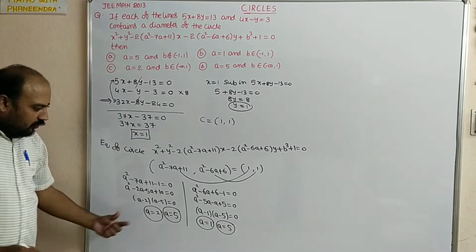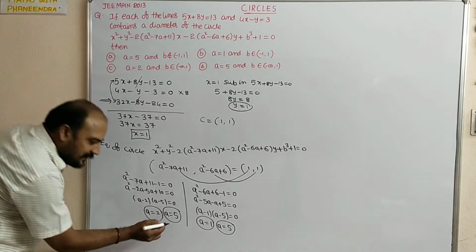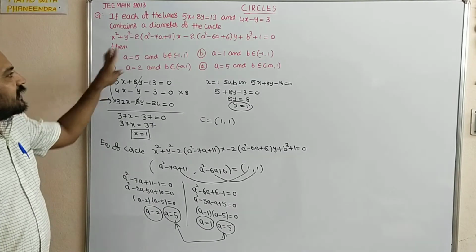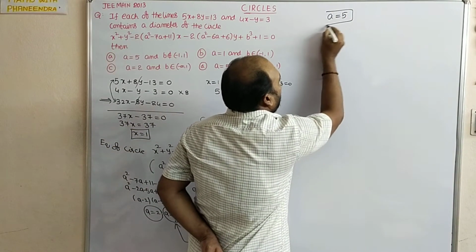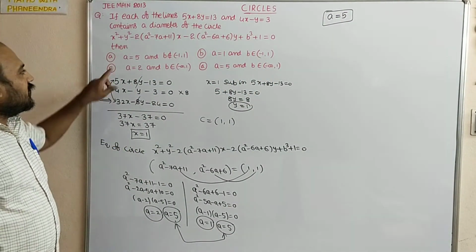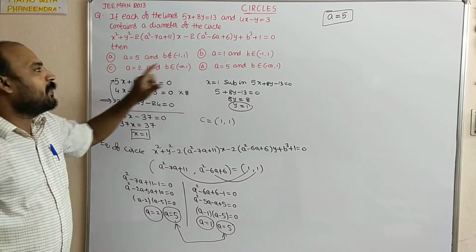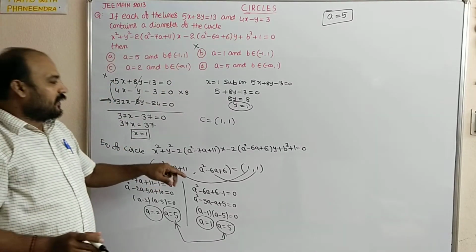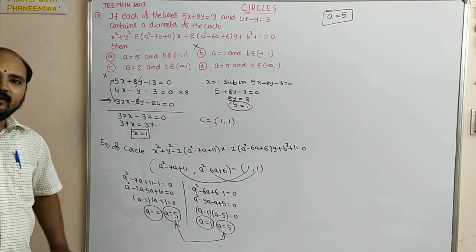So from here two values of a, from here two values of a. Among these, a is equal to 5 is common. So a is equal to 5. We decided that a is equal to 5 from these two common values. Therefore the right value of a is 5. a is equal to 5 we have only in the first option and fourth option, so the B option and C option are not correct. Why? Because the value of a must be common, that we are considering here.